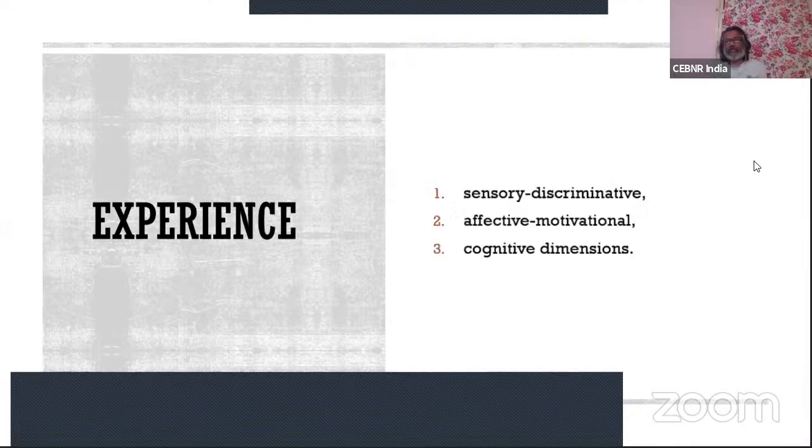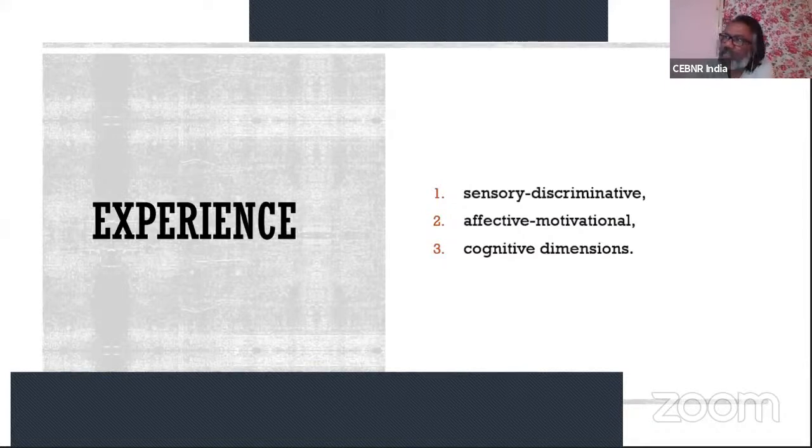So as I told you, there are two parts to your definition. One is the sensory part of it, that is, it goes to your somatosensory cortex. And the other one is you are having an experience, right? And you have an emotional experience. So what does an emotional experience mean? That is, we need to understand that. So there are three parts to it. The first is, as I told you, sensory discrimination. What I mean by sensory discrimination is, that's why it has to go to the somatosensory cortex. What it means is you need to know where you have pain. That is your source of pain.